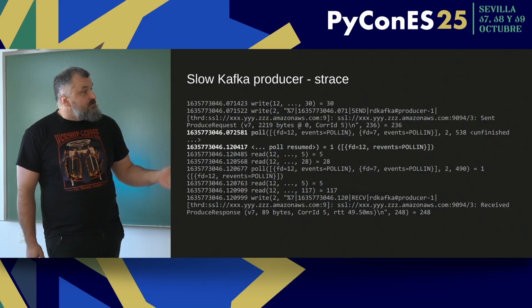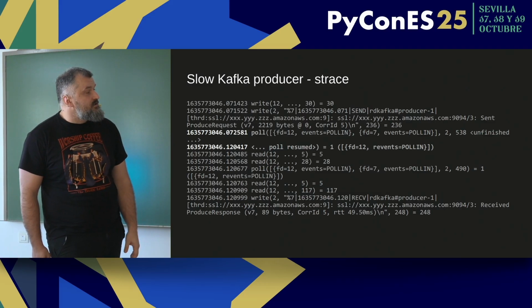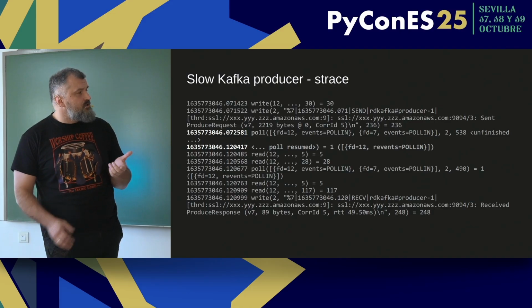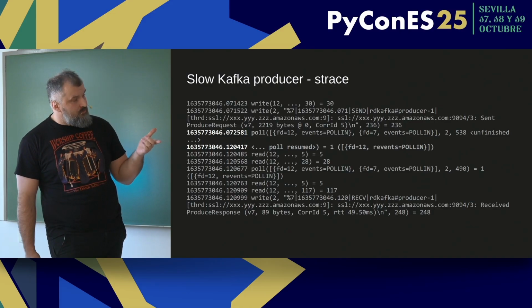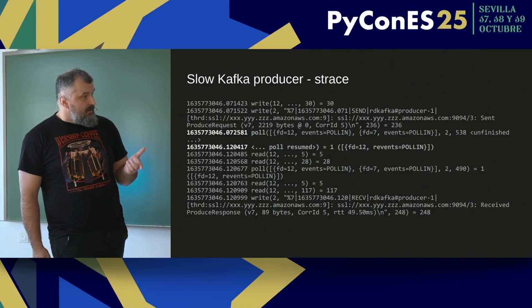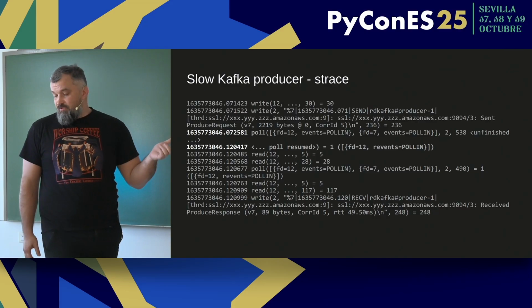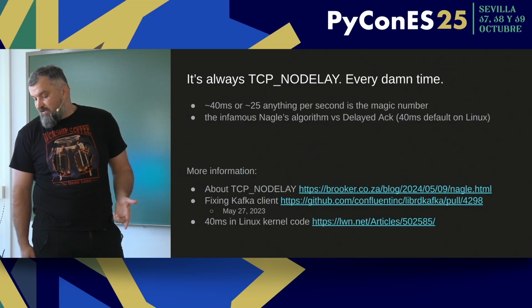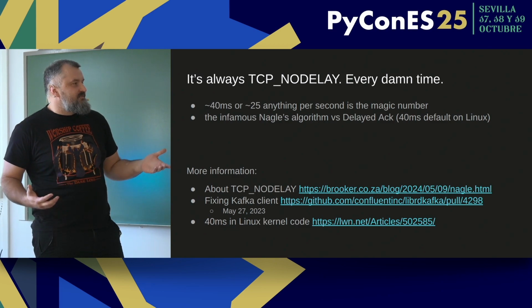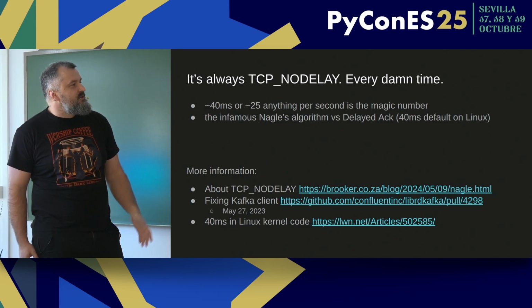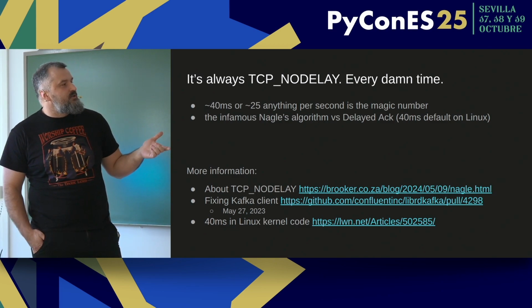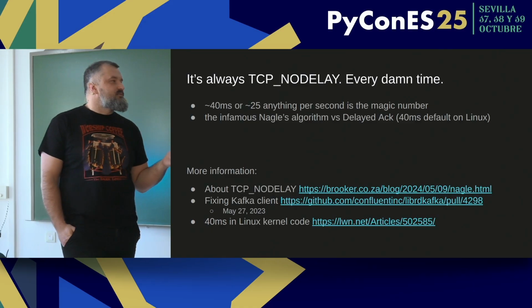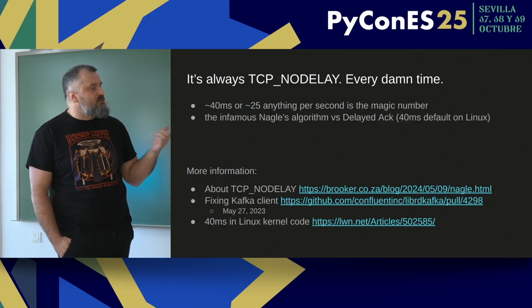Then we used strace, and strace showed that the application was actually stuck in the poll networking call. At this point, it's something that you just have to know. There are numbers you have to know. If your single call is taking around 40 milliseconds, or you get only around 25 transactions per second, then most of the time it is this